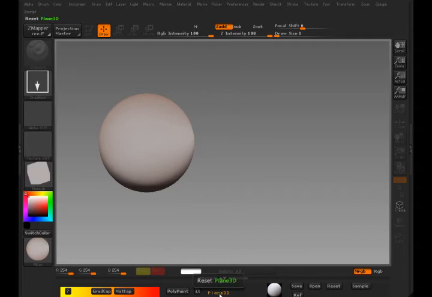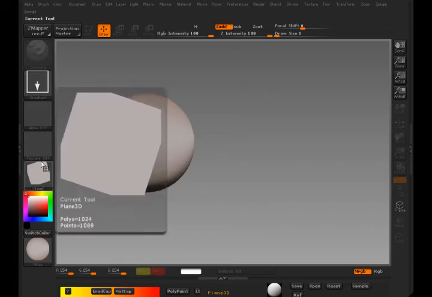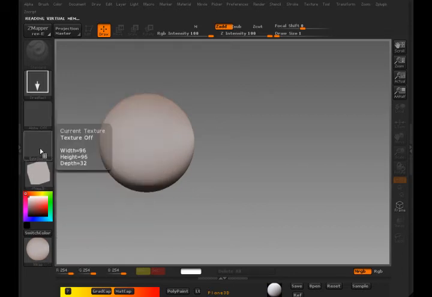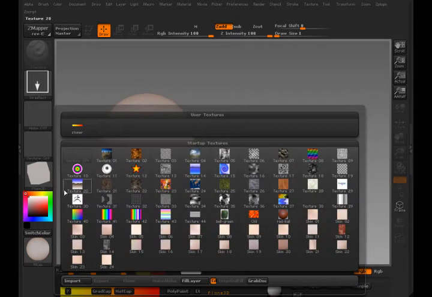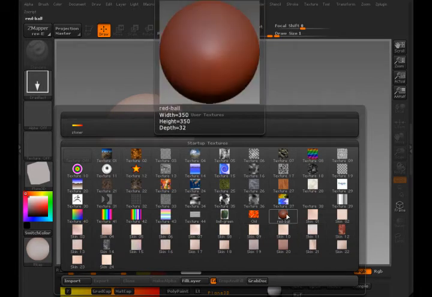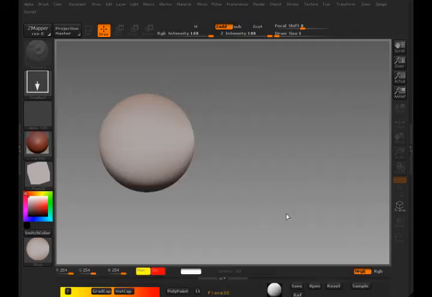So I'll select the Plane 3D. It's better to select it here than over here, because sometimes this makes copies and you will select the wrong one. With this tool, there's a zip file with some skin textures that you can put in your startup. What I have here is a ZSphere that I had copied, just an image of it, and I'm going to see if I can get pretty close to the same